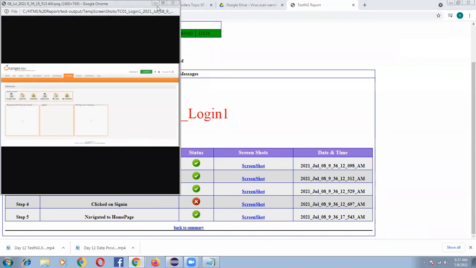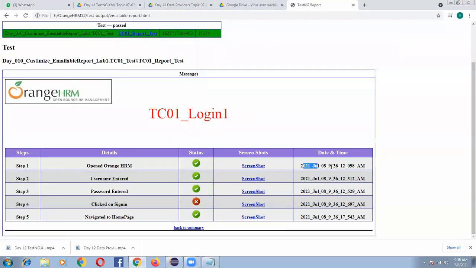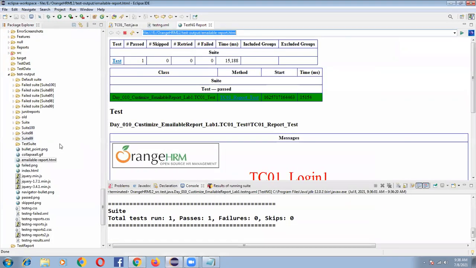After navigating to the home page, the relevant screenshot was captured. When the snapshot was captured, the date and time are also printed. When this test case has been executed, it also captures complete details. If I go with the default emailable report, which we saw yesterday, it is simple plain text only. But this reporting, this test evidence, will be more attractive to the client. So like this, we have developed Reporter1.